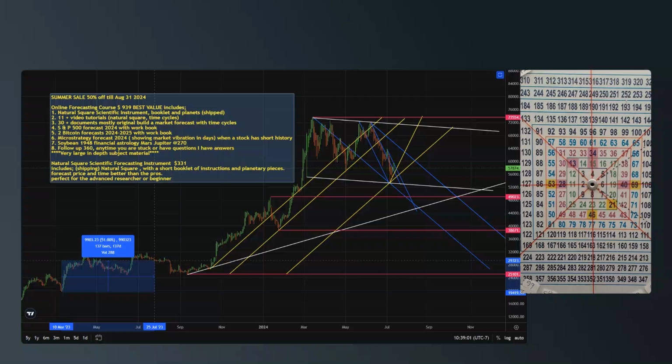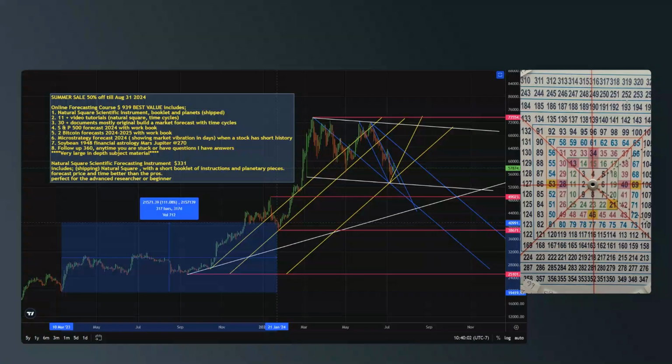Adding 45 days, 225. Last low, fast move, breakout. Adding 45, 270. Coming into our December 5th top. Adding 45, 315. 315, back to the low of this channel before a major market low.